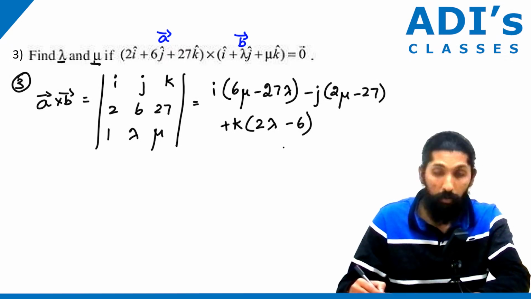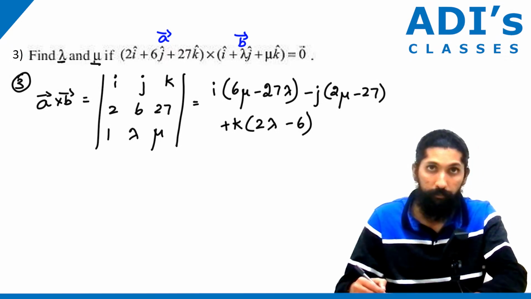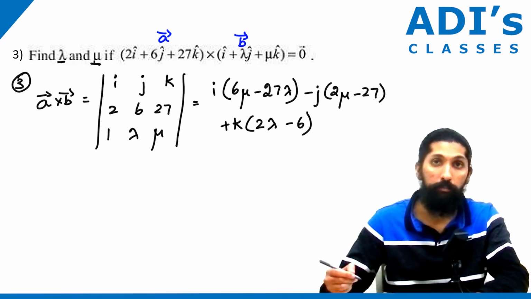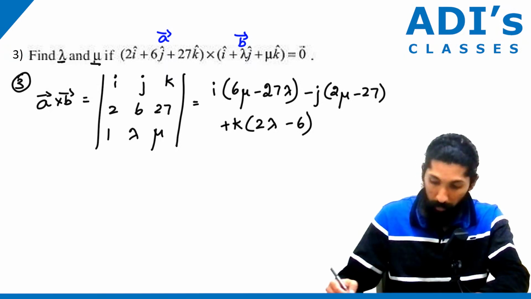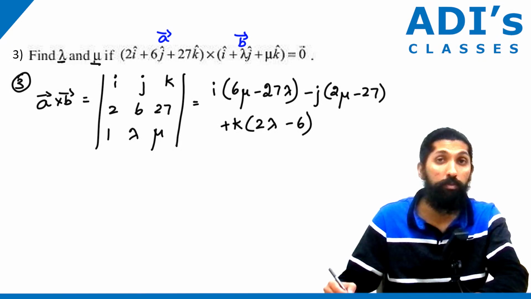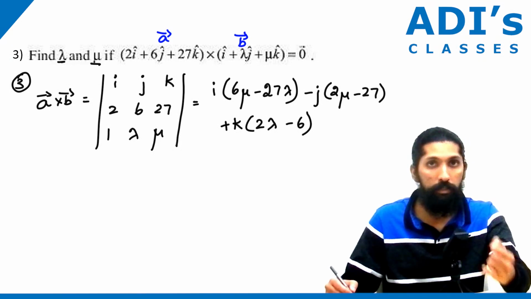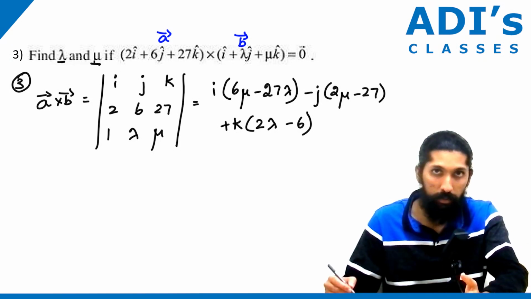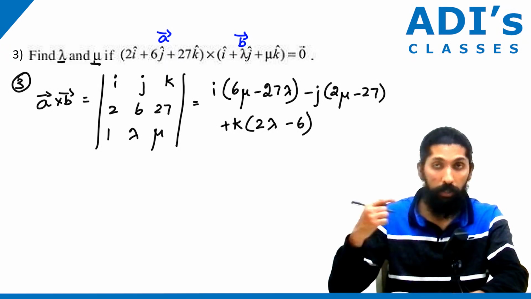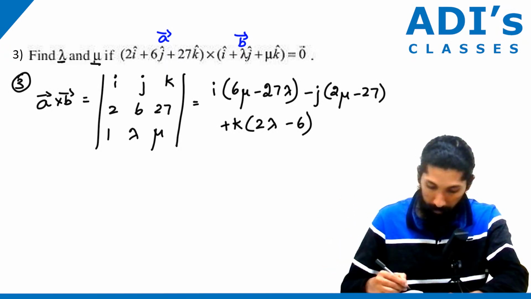Remember, this value is equal to 0, correct? Individually equate them, because whatever value you got is equal to the 0 vector. That means 0i, 0j, 0k, isn't it? Since it is 0i, 0j, 0k, what we can write is that